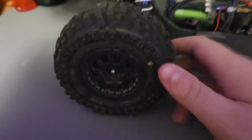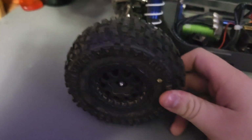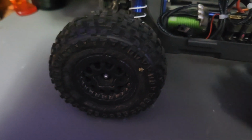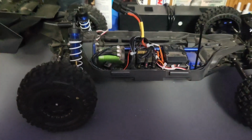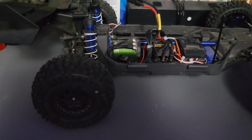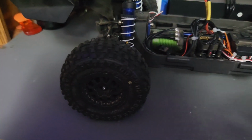The tires I'm running are the Proline Badlands, I want to say. I've had these for a couple years now. I just kind of threw these on here because I wasn't running them on a car right now. And I kind of plan on running this around the yard. This one's going to be a yard basher. I know a lot of people...